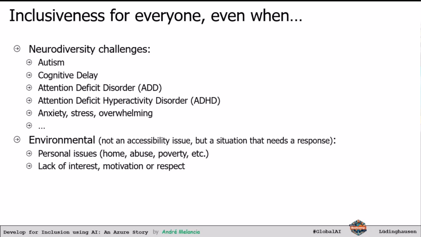Okay, also some environmental problems can occur, and one of the things that I can tell you is I've talked to people in most places, and they say, oh, my limitation is that my computer is very old, I'm very poor, I have a very old computer, it doesn't do this. Okay, so that is still a limitation, whether you consider it or not. It's not a disability, but in the end it becomes a social disability because you cannot do the same things other people can do.